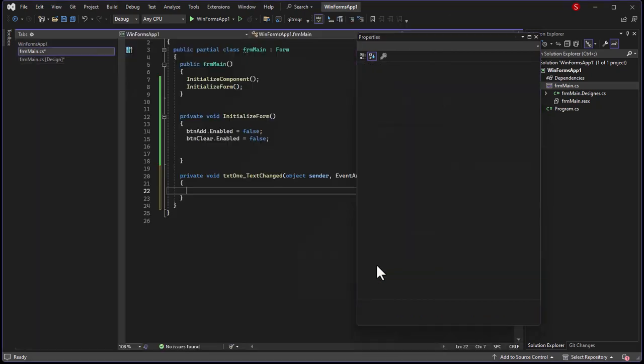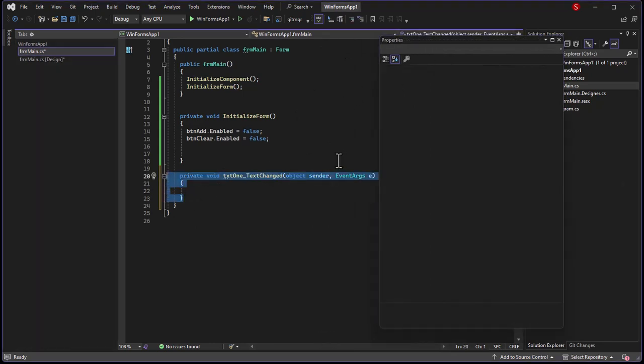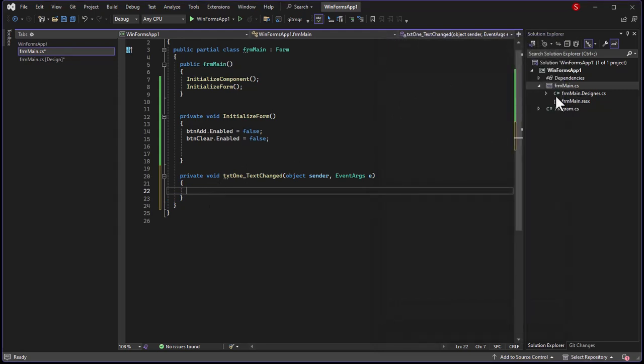And you can see it added this event. So what it does is a few things involved. One is it's going to write this code for you, which basically means you can just start coding right here in that event handler. The other thing it does at the same time is in this designer class,